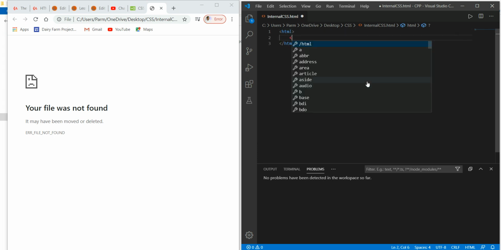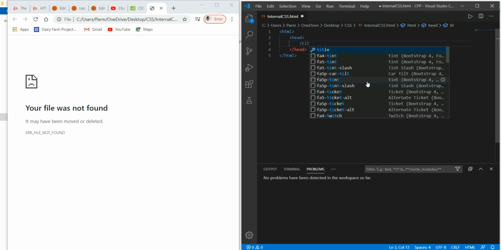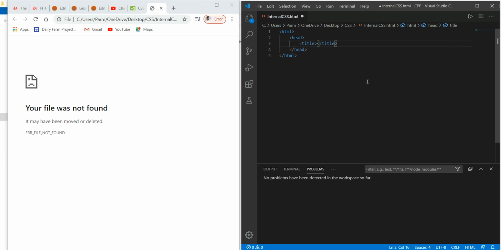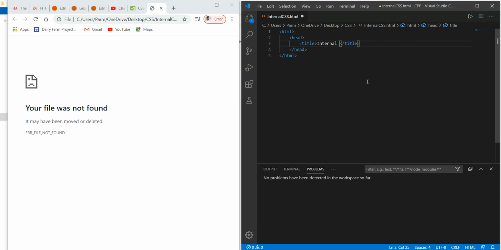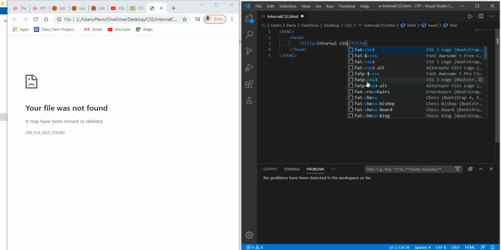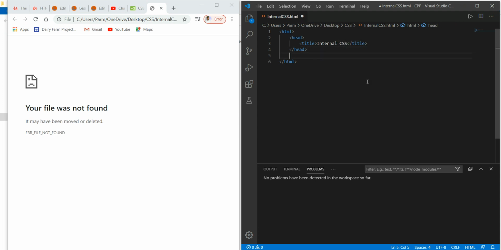In the HTML, again I have to write head. In the head I have to write title, and here give the title internal CSS. After the head I have to start with the body.